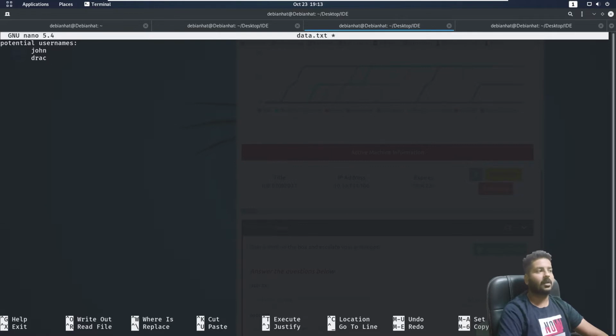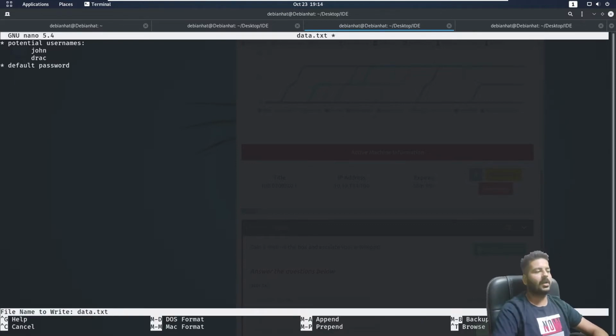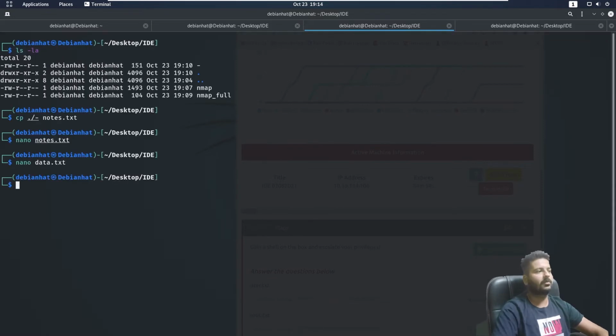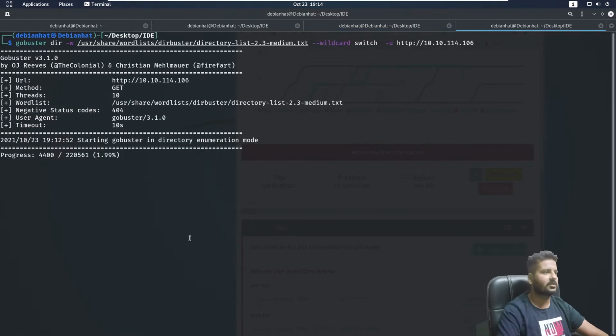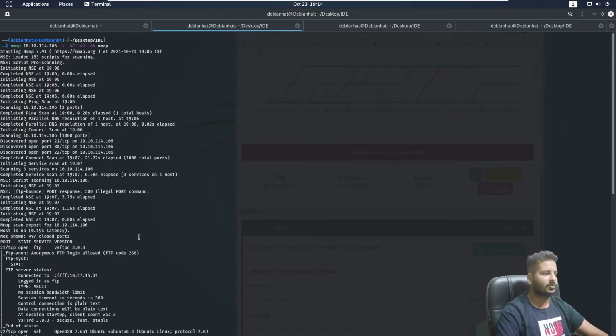Okay, the other thing that we have got is a default password. So these are some things that we are keeping track of. So there we go. I'll write it to the file and exit from here. Okay, so we have got the potential usernames. Now let's check if we get something in the directory and something with the nmap results as well.